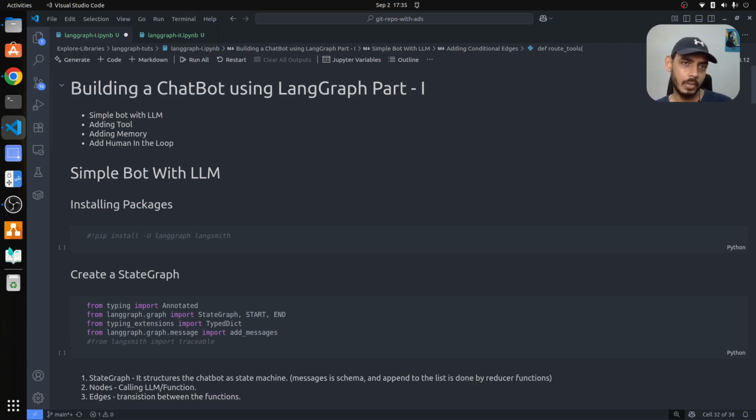Then in the second part of the tutorial, which is LangGraph 2, we'll be discussing how to add memory to the bot such that we can retrieve the previous conversation, and then we'll add a human in the loop, ensuring that if the LLM or the tool is not able to answer a specific question or a task, you get the input from the human. So with that, let's get started with the LangGraph 1 tutorial,